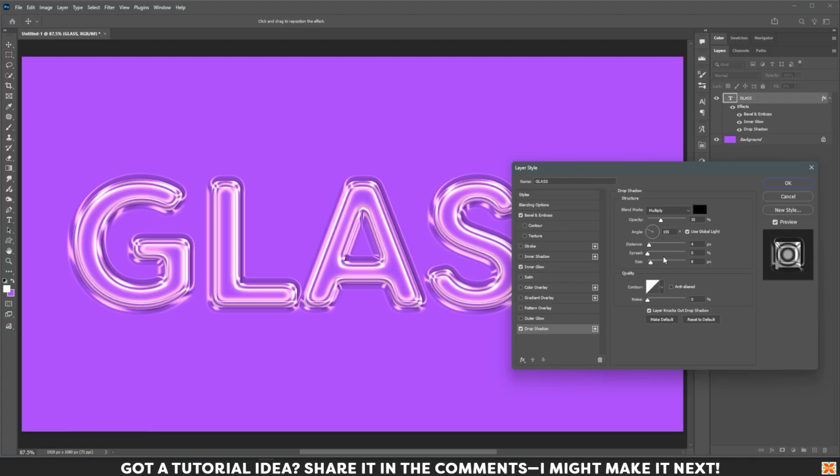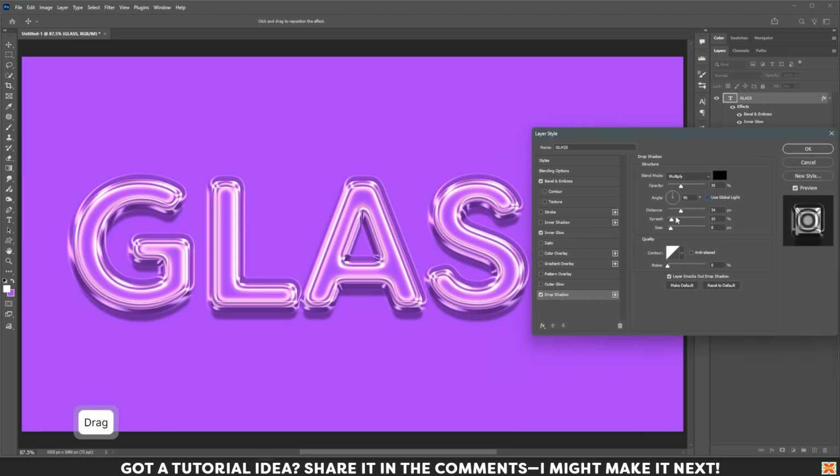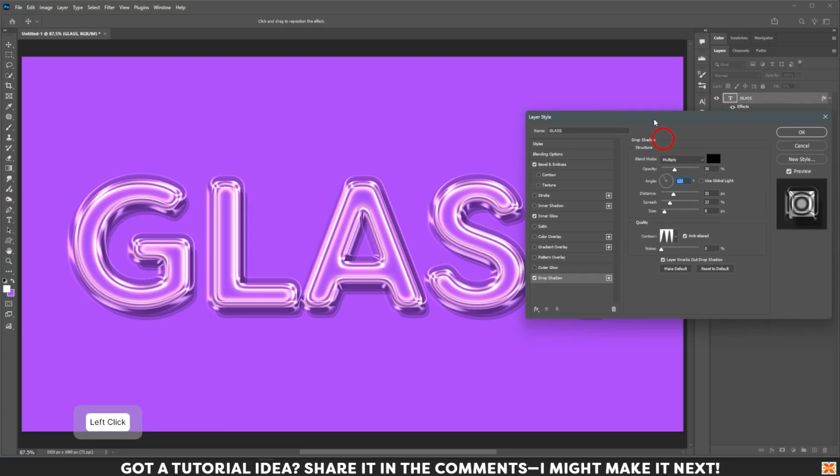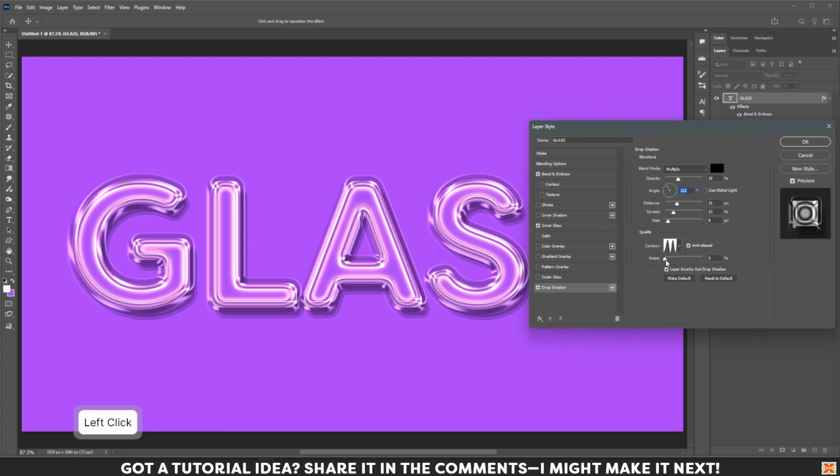multiply, and then raise the distance, spread. Don't use global light. I think it's better. Spread. Raise the angle, and then anti-alias for better result, and then choose this setting. It's good for glass. Raise the size